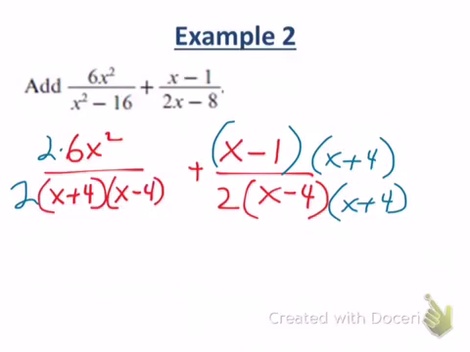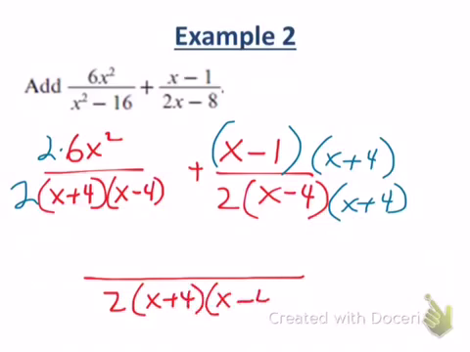Now that my denominators are the same, what can I do? I can combine the numerators, yes? So my denominator, once I get it factored, I'm not going to multiply it back together. Because at the end, I may factor the numerator and cancel something in the denominator, so we're just always going to leave the denominators unsimplified. All right, so that will give me 12x squared